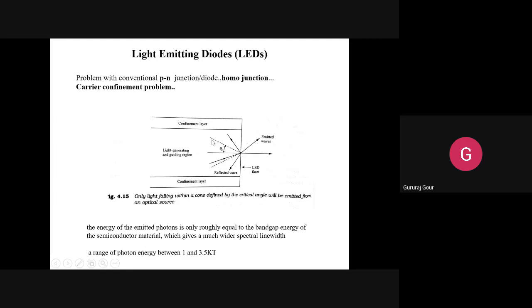So the light coming from the LED, because now we are discussing LED. The present discussion is concerned with the light rays coming from the LED, that is one of the optical source. Okay, the light rays what you are seeing here are outsourced from the LED, all the way from the transmitter. So only those light rays which are falling within the critical angle making the cone will be emitted from the optical source.